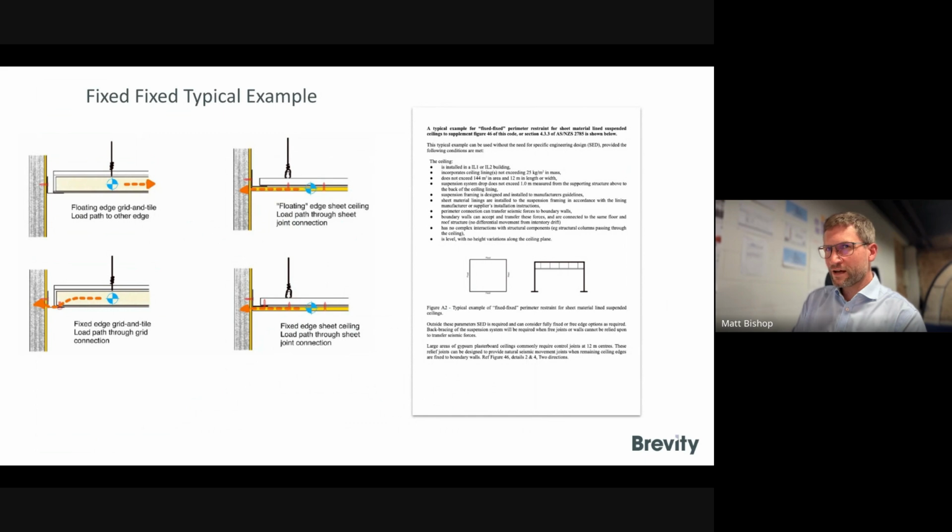Yeah, the fixed float typical example. So this has come from the lining manufacturers, essentially the plasterboard manufacturers, who are getting a lot of issues on projects with fixed float details and coordination issues with acoustic and fire details. Essentially, a floating plasterboard edge can't be fire rated. So, okay, cool, they're looking into that a bit further, and then the question gets asked, well, is it really